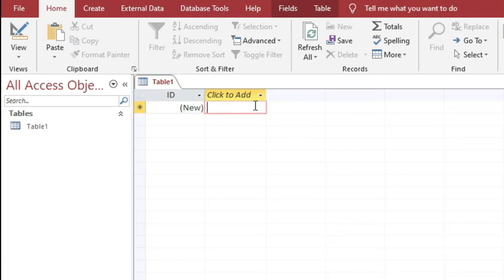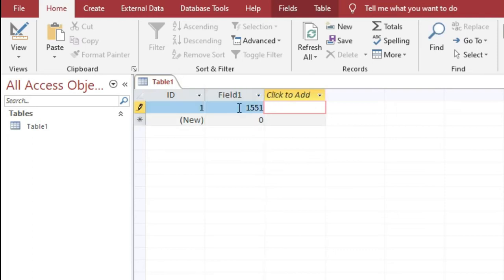Okay, now the second point is, if you want to move to the next field, then use the tab key, and if you want to move to a new record, then use the arrow keys. Okay, so while entering the records, suppose I am entering the records here, suppose 1551, and then press on the tab key, then it will automatically create the next field.